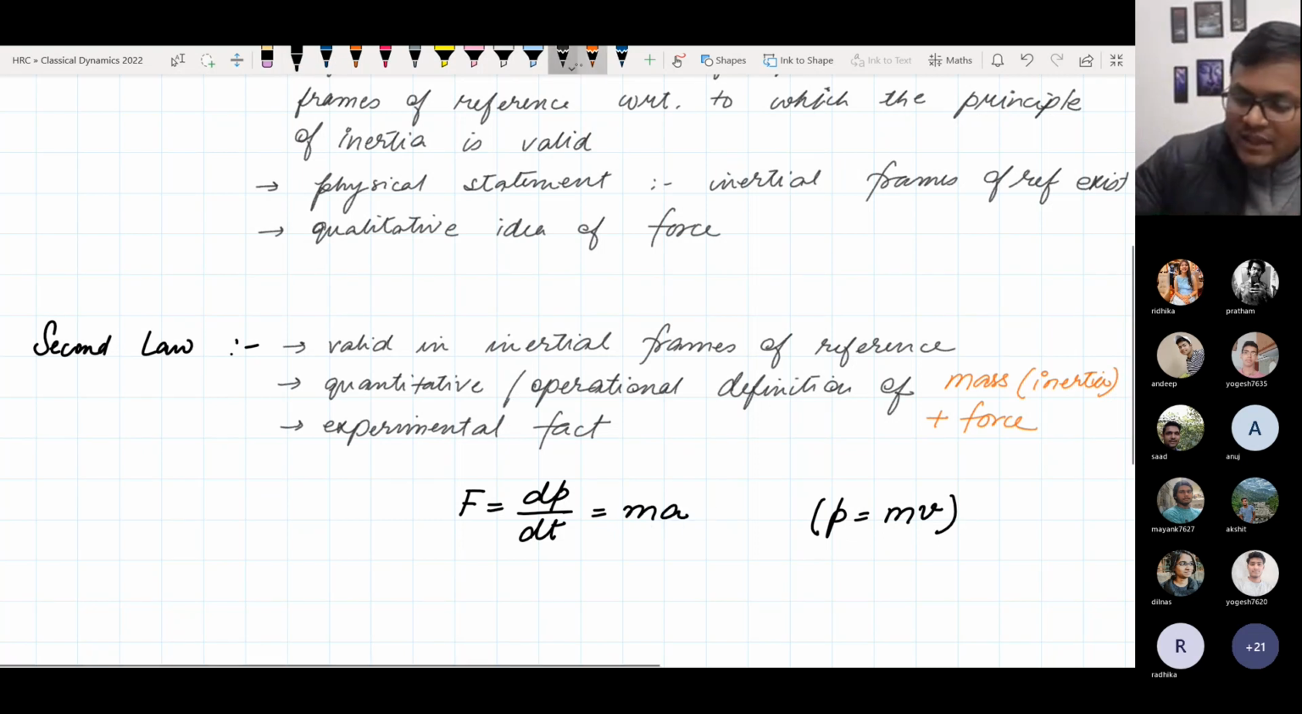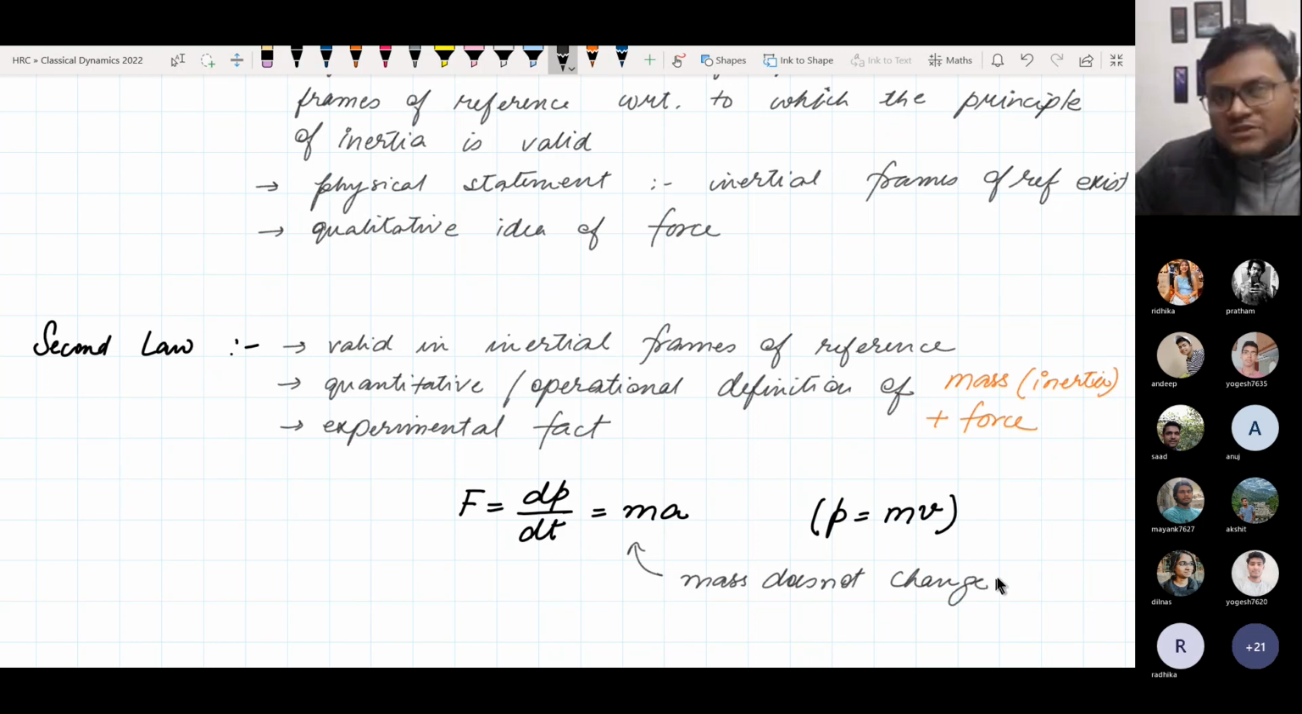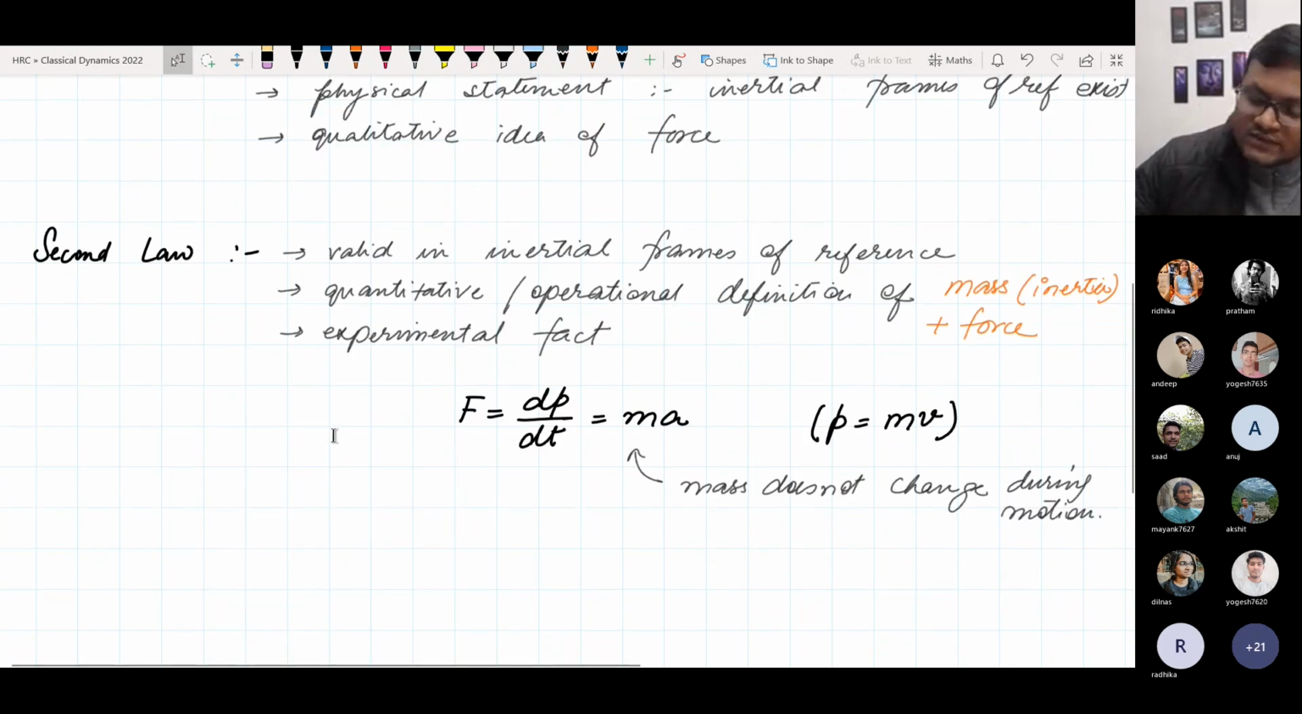Now of course here there is an implicit assumption, that mass does not change during the motion. So in Newtonian mechanics, there are many implicit assumptions which become clear later on. Mass does not change during motion. Okay, so this is Newton's second law, and finally, this gives us an idea about what is the